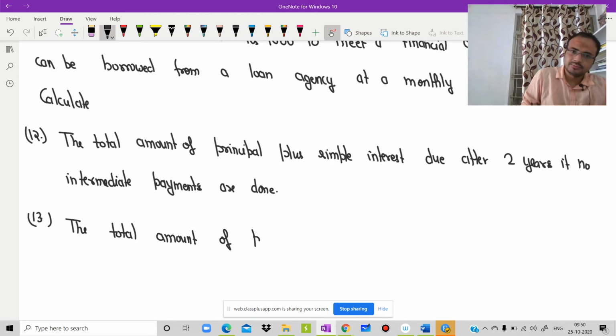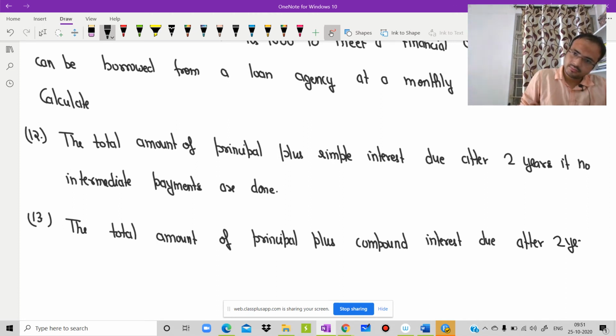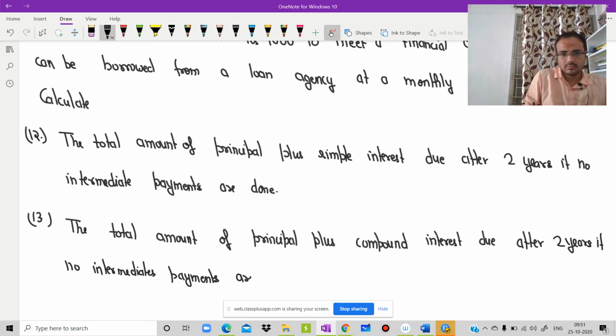The total amount of principal plus compound interest due after 2 years if no intermediate payments are done. Third one,